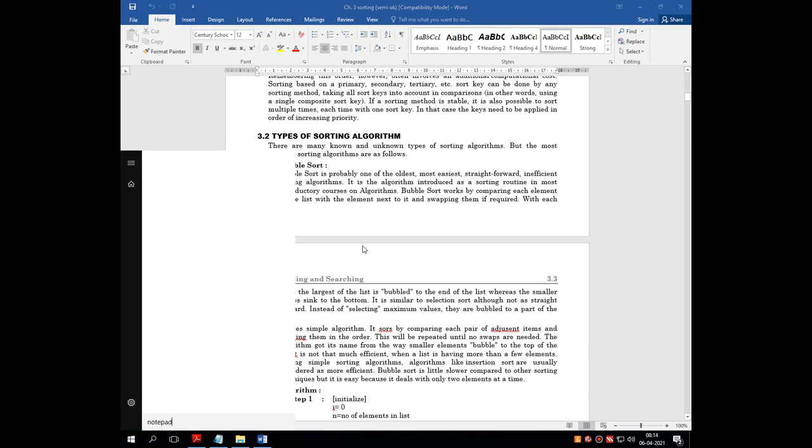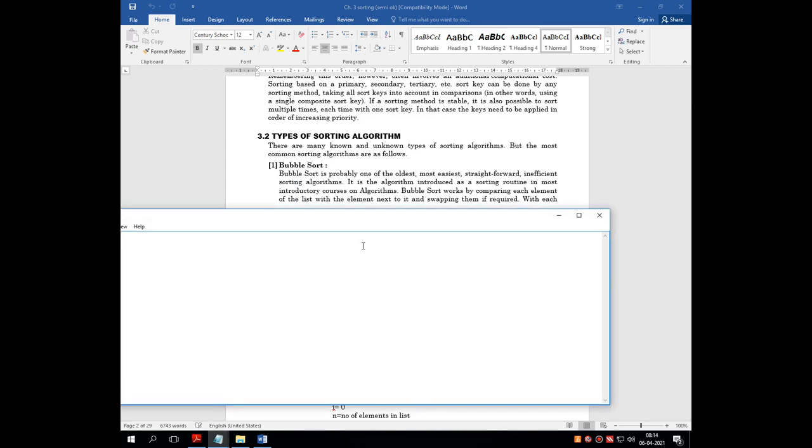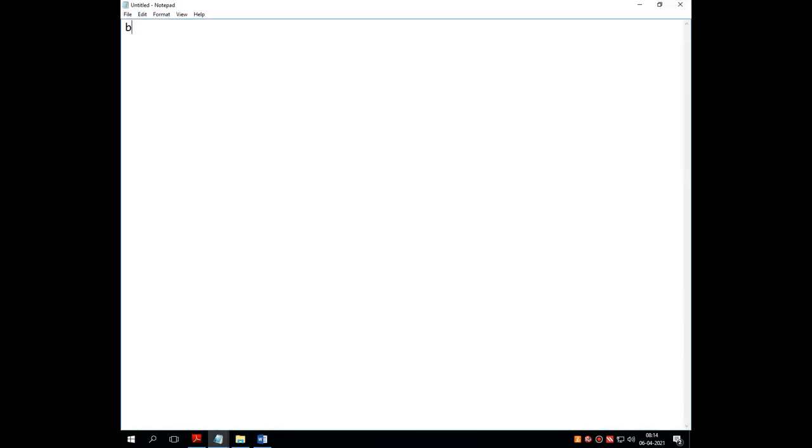So as you can see on the screen, we are going to start the discussion of bubble sorting. Before going into the specific type, it's better to have a look at the word sorting.